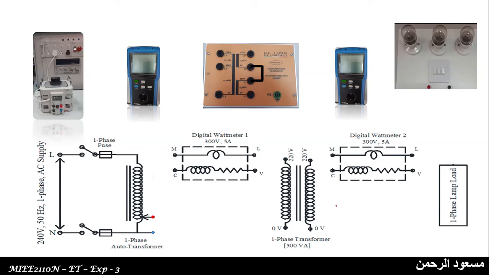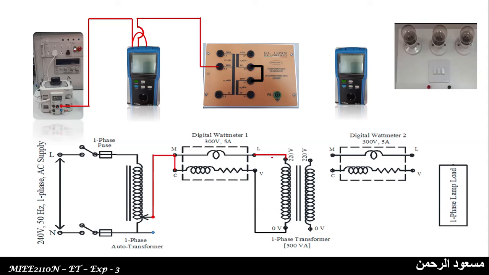The auto transformer's output phase terminal will be connected to the M point. You can look over this place. In the circuit also you can follow this wire. So this is how the connection will be given. In the circuit diagram you can see the M and C points of wattmeter 1 are short circuited, and it is given here. And the L point is given to the 220 volt point of the primary winding. So the L point is taken and given to the 220 volt tapping on the primary side of the single phase transformer.